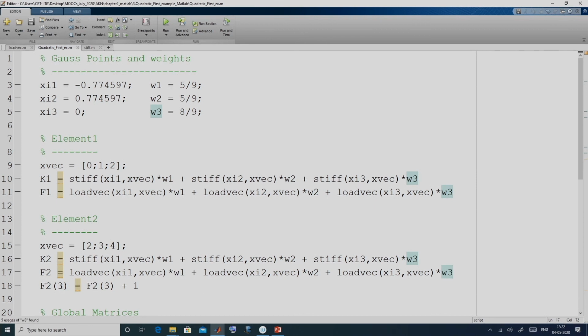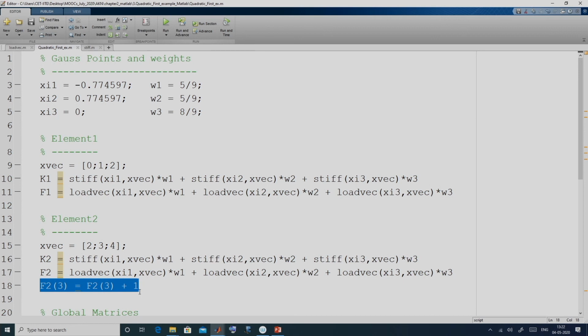So, in the third entry we are adding 1 to take care of the second part of the load vector. Here we get the first part of the load vector after the integration through Gaussian quadrature, and then we add 1 to the third entry.